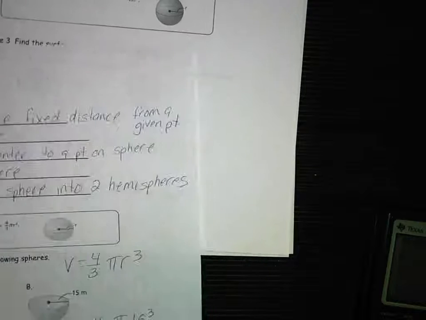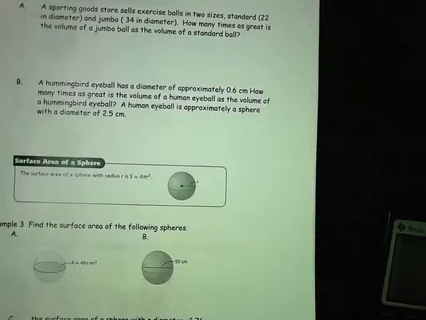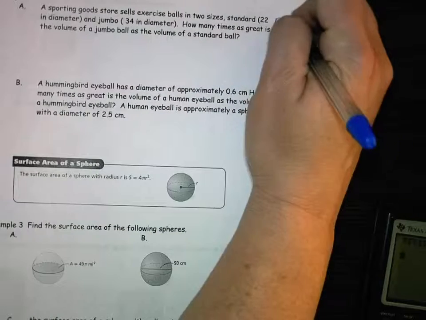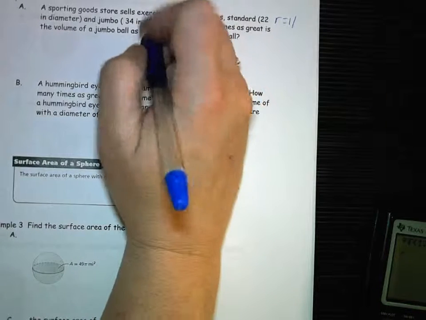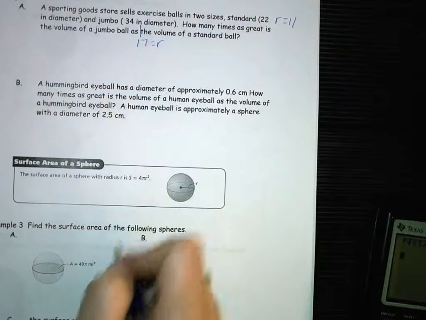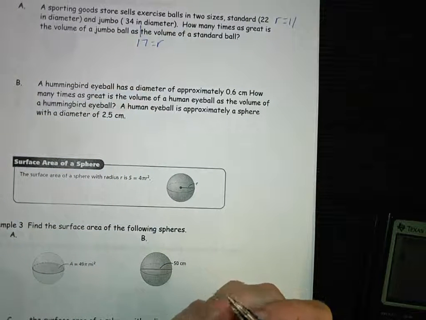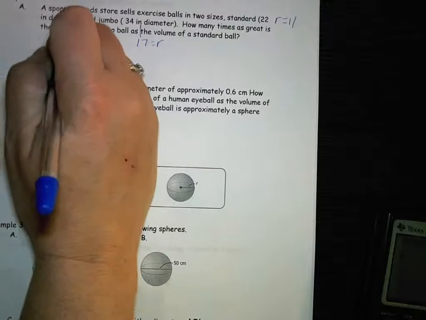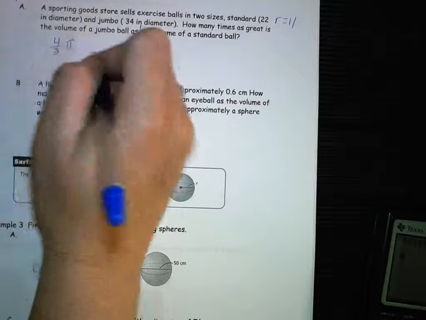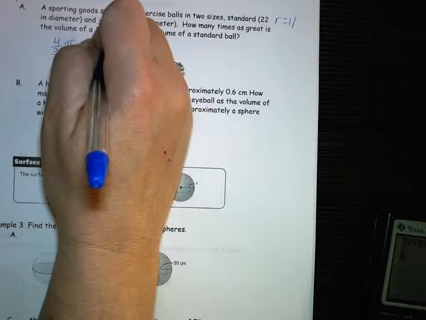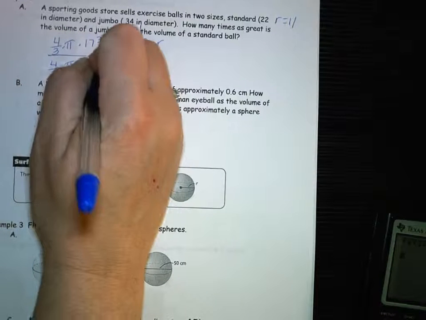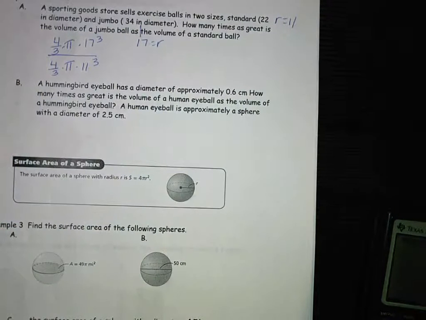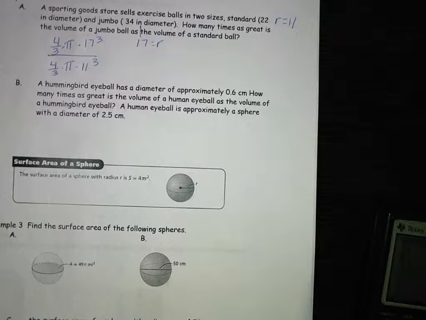The next problem, a sporting goods store sells exercise balls in 2 different sizes. Standard has a 22-inch diameter, which means our radius is 11. And the other one has the jumbo diameter, which means our radius is 17. So we want to know how many times as great is one than the other. So you will have 4/3 pi times 17 to the third, and 4/3 times pi times 11 to the third. And if you go ahead and punch those into your calculator,